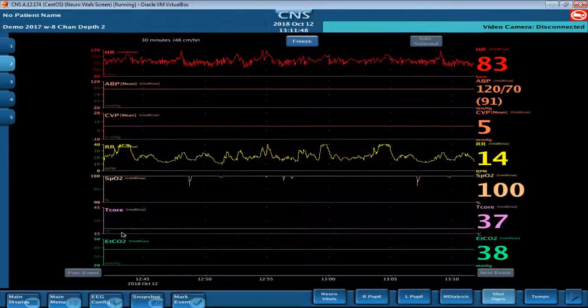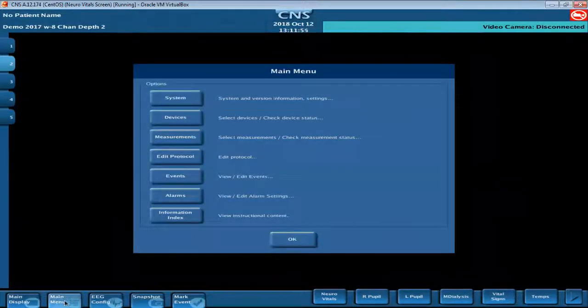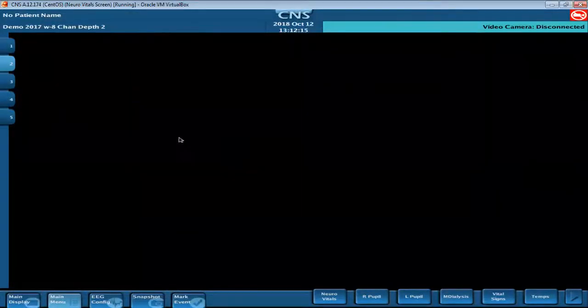So the way to do that is we're going to go down to this main menu button, which is sitting right here. If I tap main menu from that lower toolbar, I now have the ability to make sure that all of the devices that we want are truly enabled as part of our protocol, and all of the measurements that we want. So right now, let's focus on the measurement, because that's what we really want to do for this purpose. So if I tap measurement, and then I can tap select measurements,